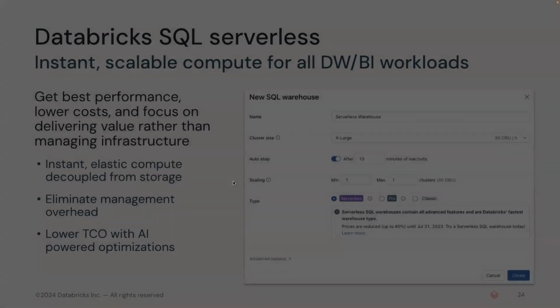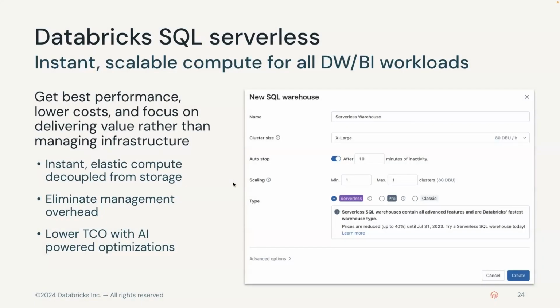Databricks SQL is built for performant BI. Why? One, because it has SQL serverless. With serverless, you don't have to worry about what is my underlying cloud compute. You don't have to assign a specific compute and worry about what happens if that compute goes down. Serverless takes care of all those things. You can plan on scaling, and usually with serverless I have seen it takes less than 3 to 4 seconds to spin up an instance, which saves a ton of time, and it gets turned off automatically. You can specify that you want to auto stop your instance after, let's say, a couple of minutes of inactivity.